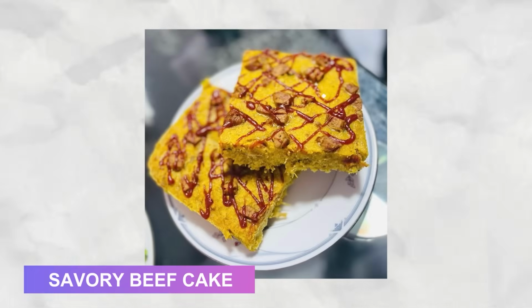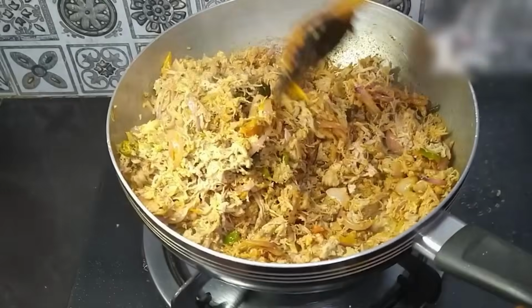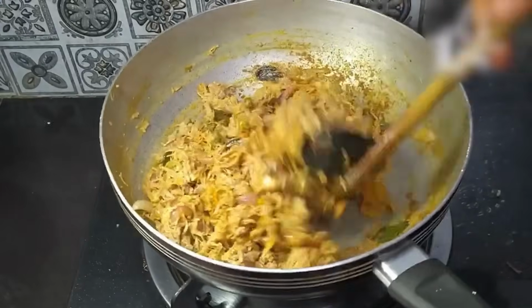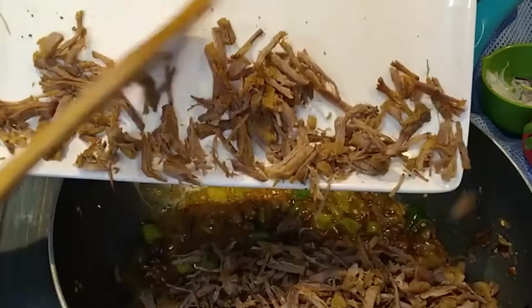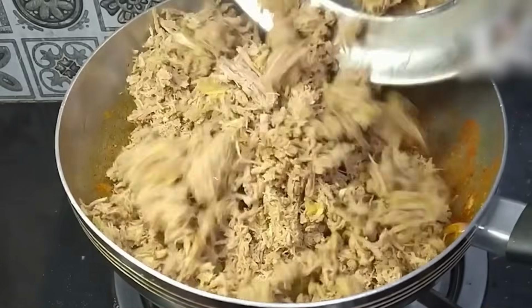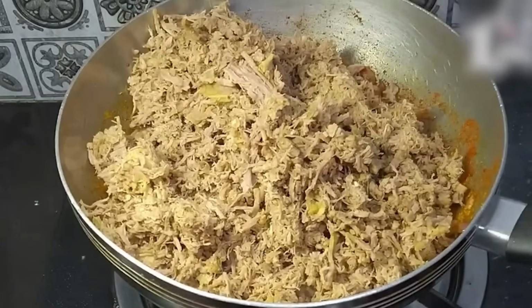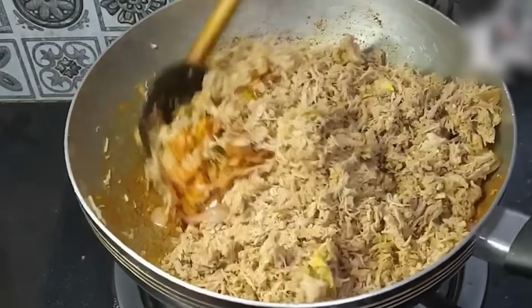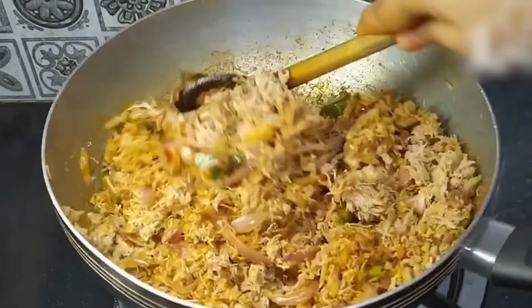Savory beefcake is a lot lesser known, but its significance in history can't be understated. This is also one of the few items we have that actually dates back to the Victorian era. Back then, meat-based puddings were all the rage alongside suet cakes. These were really dense cakes that were filled to the brim with protein. They had shredded beef, eggs, ground beef, and suet or lard, and it made for a very dense, compact loaf,